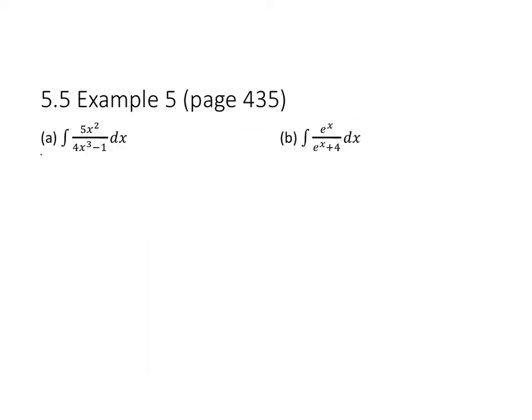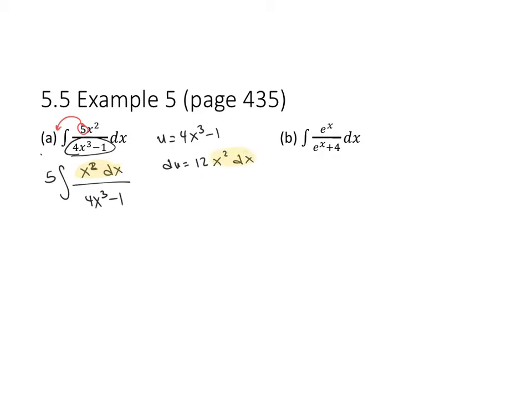All right, let's take a look at example 5 on page 432. Again, same thing. This will be our u, our complicated looking denominator of 4x cubed minus 1. So then our du is 12x squared dx. Now we have a couple things going on here. This 5 is not included anywhere, so let's move it onto the outside. So I'm going to first rewrite this. And now I see that I have x squared dx, which is exactly what I have here,